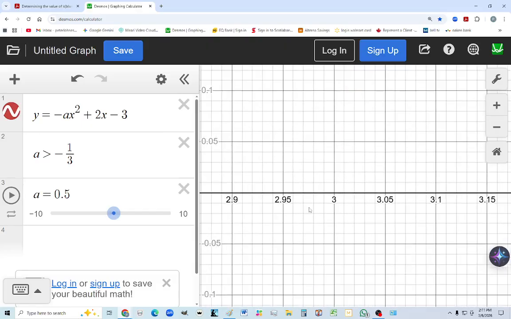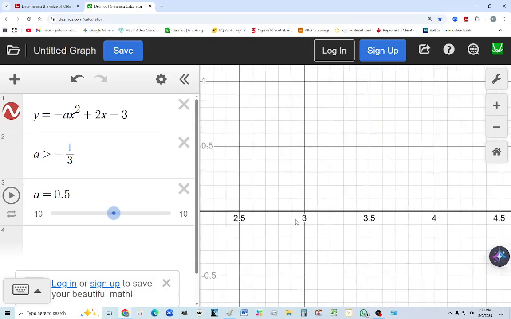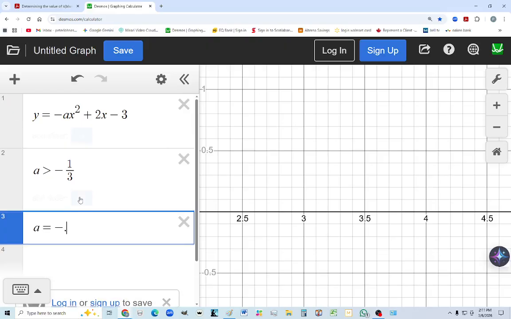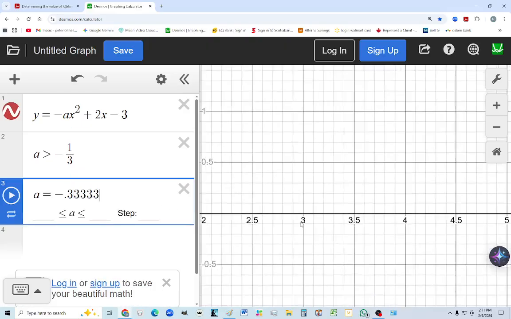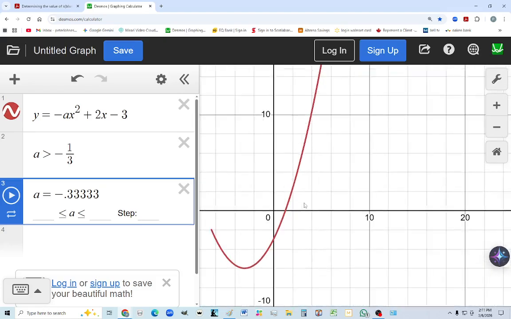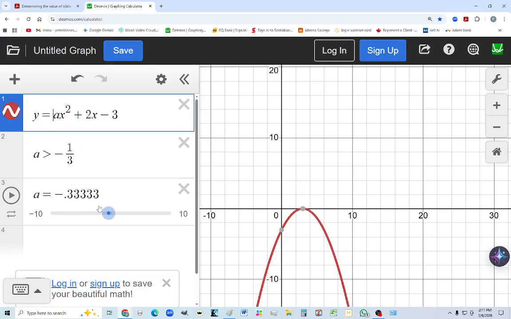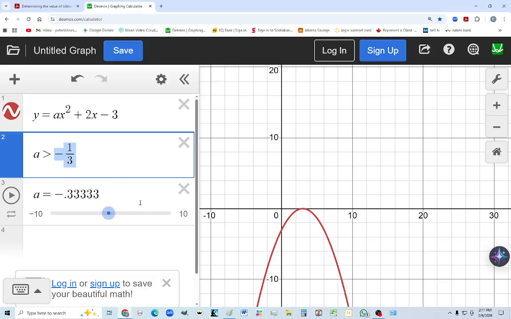at the quadratic, and we can see that when it's 0.5, what's negative a third? Negative 0.33. Right? Oh, I made it negative. I didn't have to, because I've already made the negative down here. So we can see there it is. So as soon as I make it bigger,